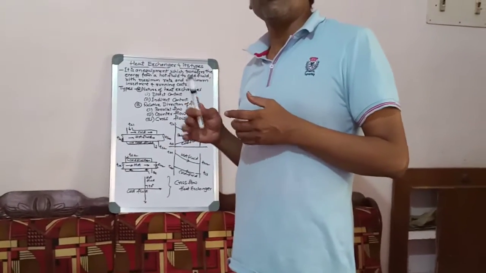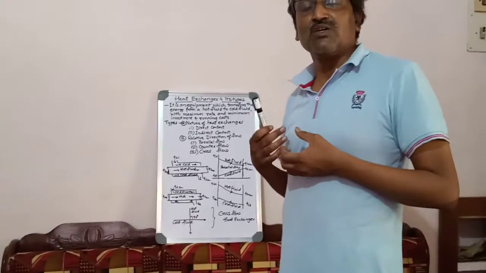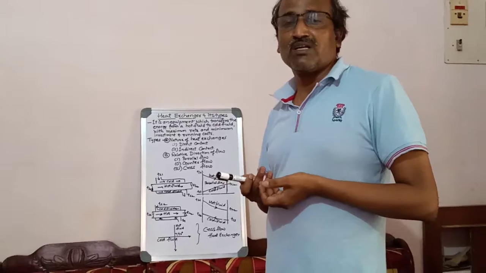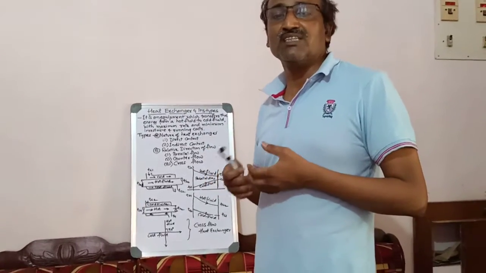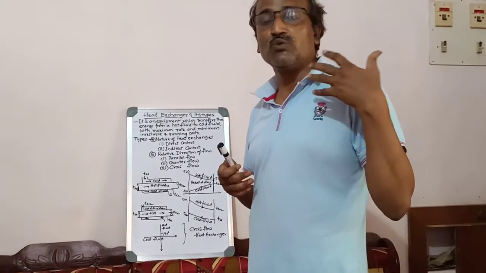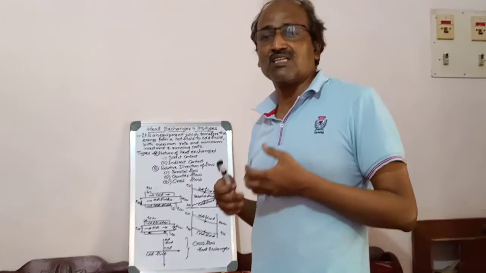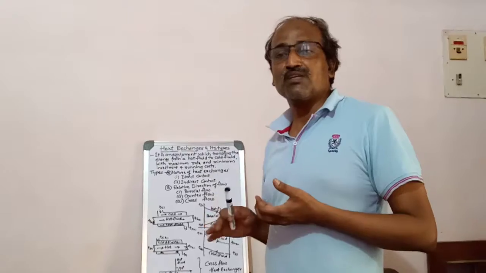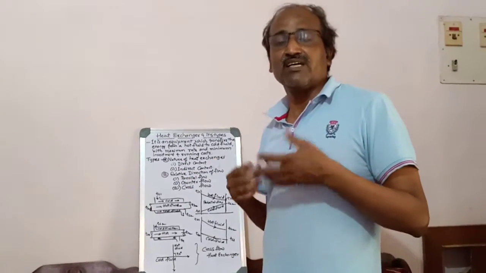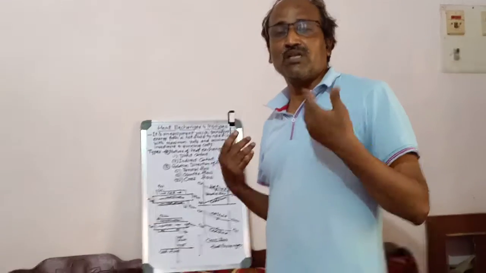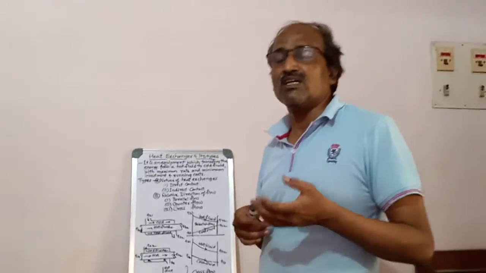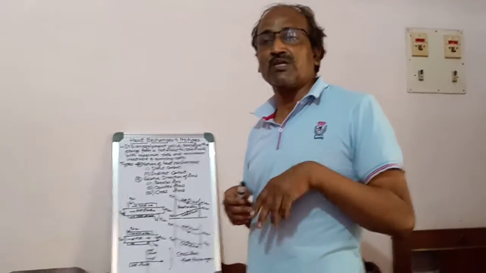We have to convert it into an equipment for the use of human mankind. So to increase the comfort of mankind or the need of the industry, we have to design and make ready the heat exchanger. That means using the same natural phenomena, conduction, convection, radiation, for the usefulness of the industry or any comfort. For example, refrigerator, air conditioning, or cooling the oil in the industry, transformer oil cooling, or any conversion from liquid to vapor and vapor to liquid.